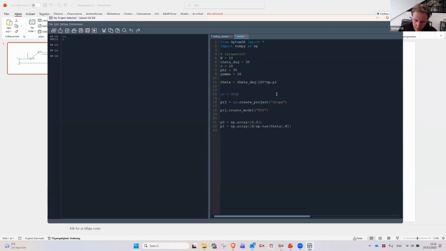And so on with the points. P2, np.array, and that was the 3 times h, comma h. And P3 is 3 times h, comma minus h. P4 is minus h, comma minus h. And P5 is minus h, comma 0. That should give me my 5 points. Oh, 6 points it is. And then I'll say